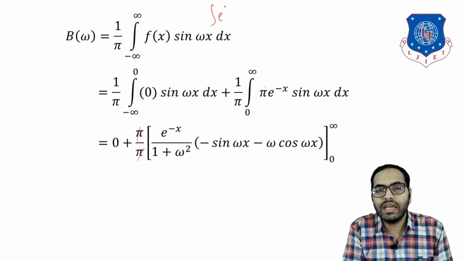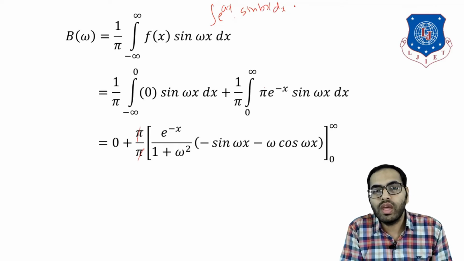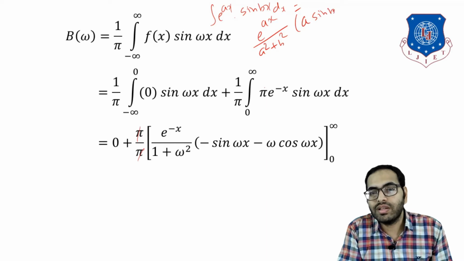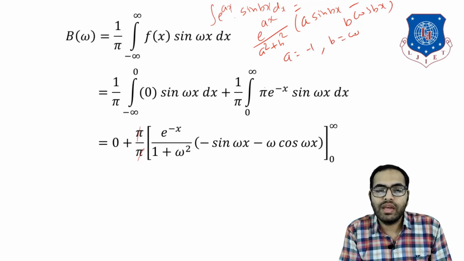integral of e raised to ax into sin bx dx equals e raised to ax upon a square plus b square, into a sin bx minus b cos bx. In this formula, the values are a equal to minus 1 and b equal to omega. Then e raised to minus x upon 1 plus omega square, inside the bracket minus sin omega x minus omega